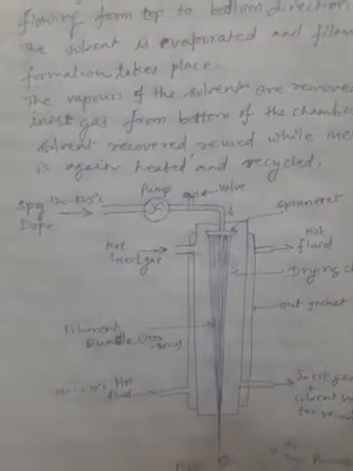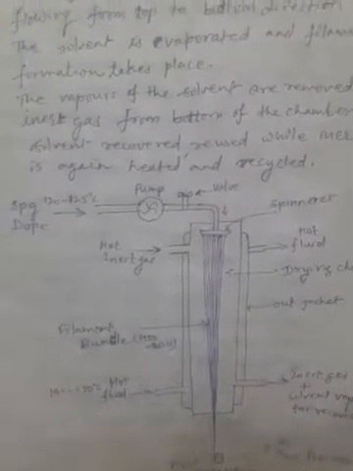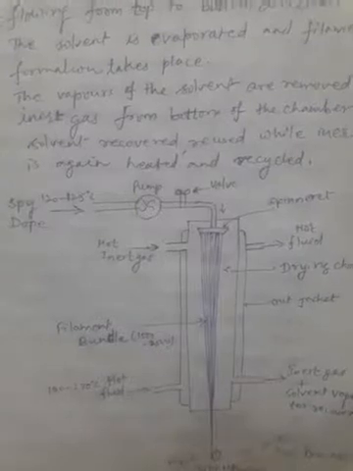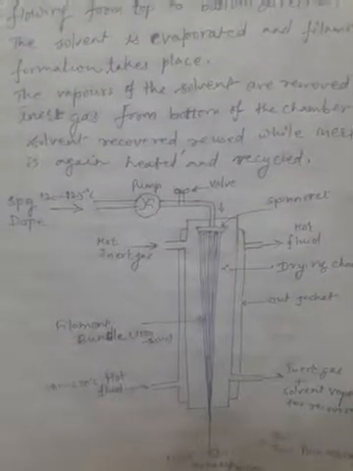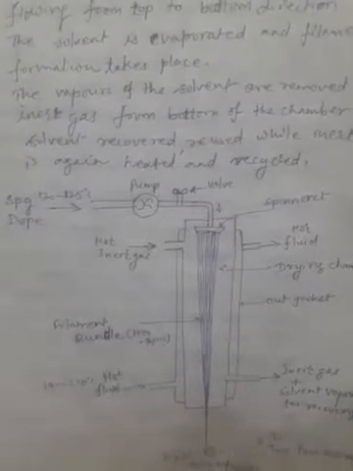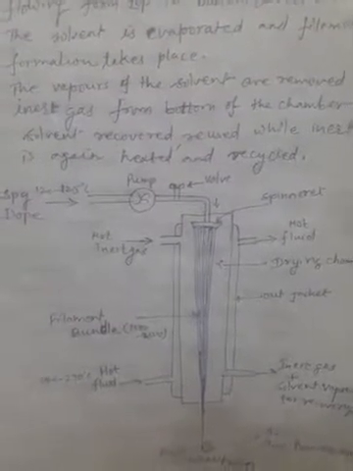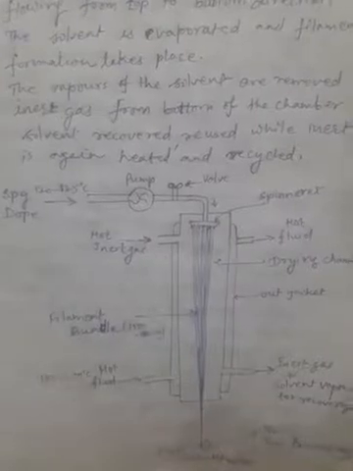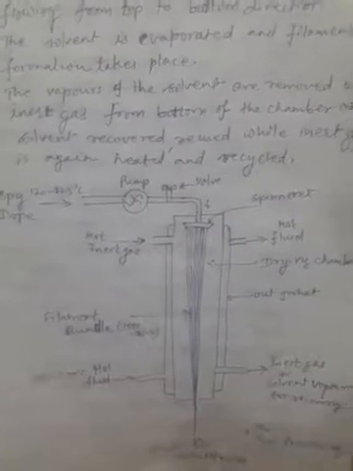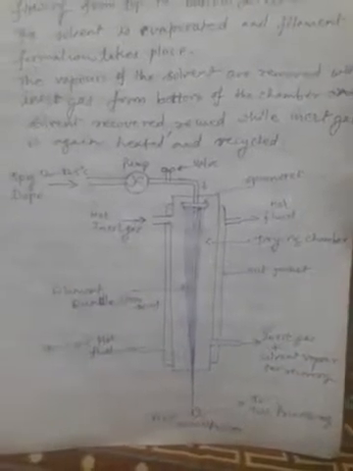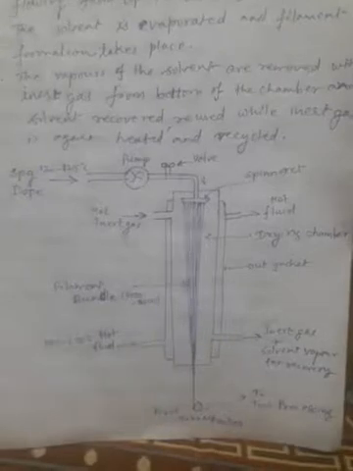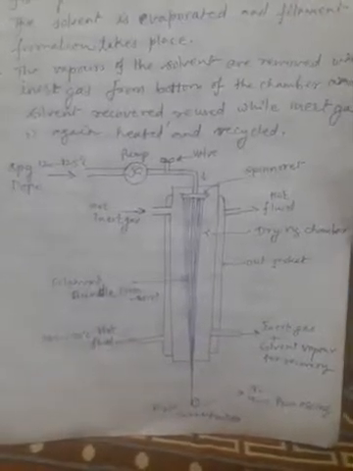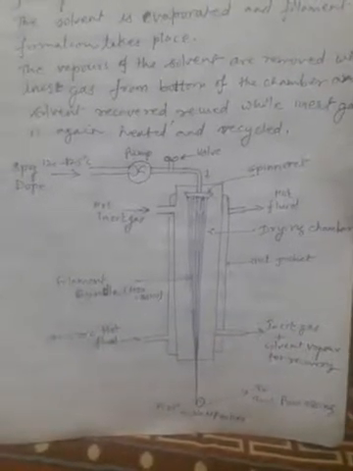Here you can see the one-way mass transfer occurs during the drying operation. It means the solvent gets evaporated first. The outer layer is evaporated, and to fill the outer layer, from the inner core of the liquid filament, the solvent molecules diffuse from core to sheath, and then further the evaporation takes place. In such manner the one-way mass transfer of the solvent takes place, moving from top to bottomward direction.